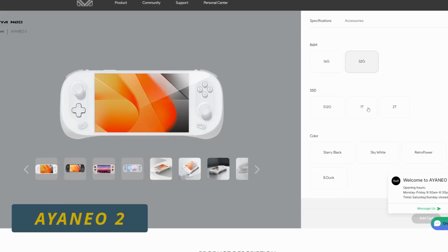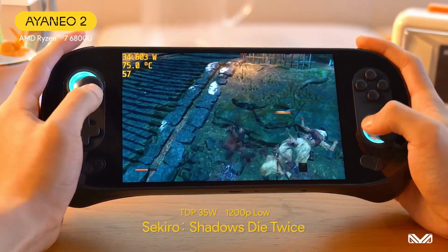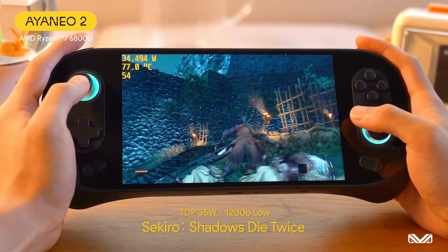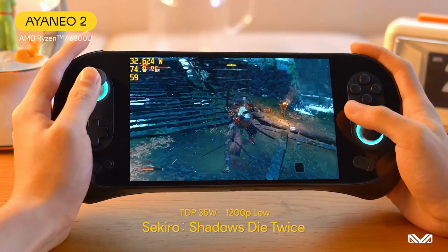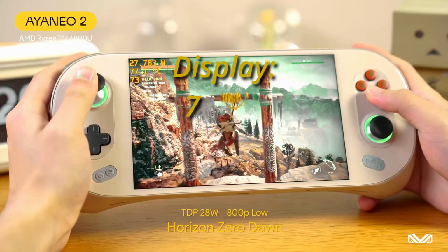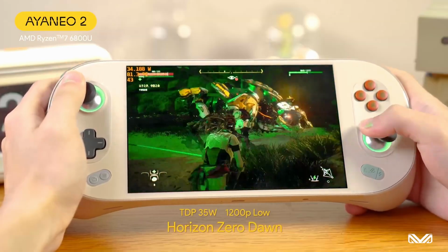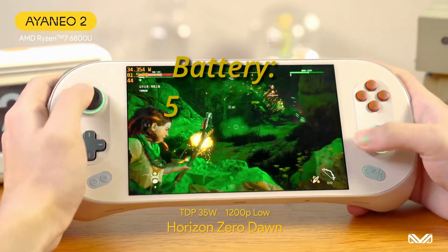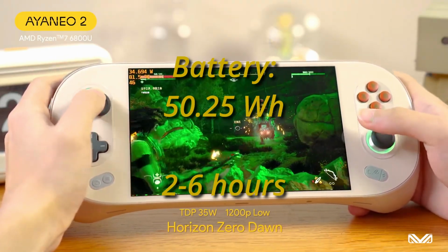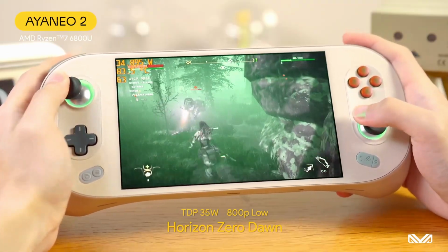Next up, we have the Ayaneo 2. The 32 gig variant also has 3 other variants due to the storage options. Originally launched in December 2022, this runs a combination of Windows 11 and the Ayaneo OS, has a screen resolution of 1200p, and does support dock mode. 7-inch IPS screen on this one with an AMD 6800U processor, maxing out at 60 frames per second. 32 gigs of RAM in this one, and the storage, it depends on the variant, between 512 gig and 2